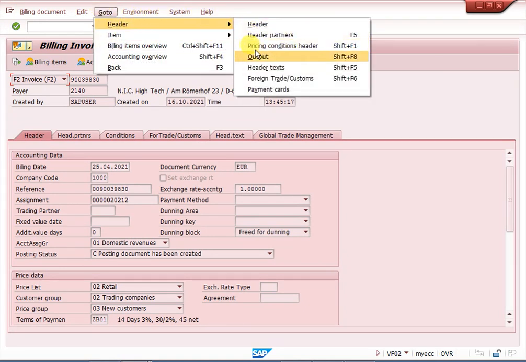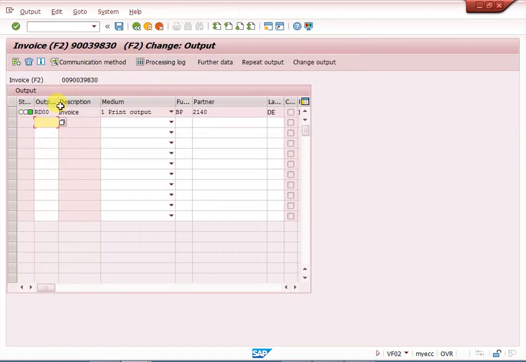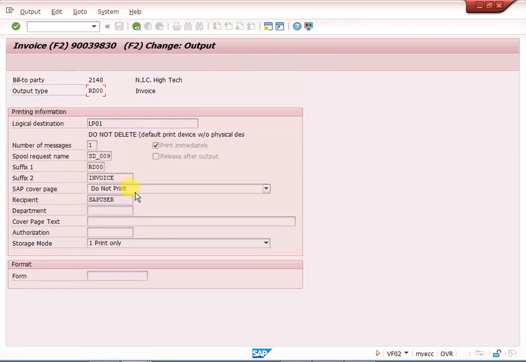Here direct output is there, otherwise you can go with this symbol. Here it comes automatically, otherwise we can enter RD00 and it will come. Once you double click, we need to fill in all these things. All these things, we have already maintained condition records at VV31 level, because the system is picking all those things, otherwise we need to fill them manually.